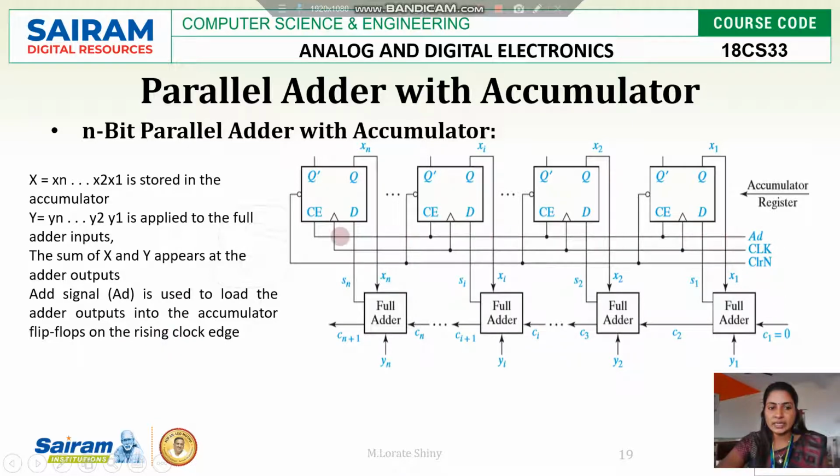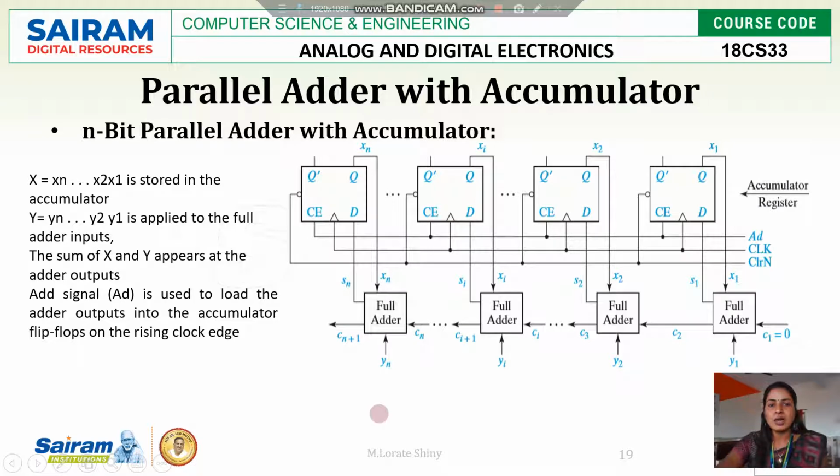When the add signal is activated, the adder output will be loaded into the accumulator register. The added outputs are S1, S2, S3, Sn. These will be loaded to the inputs of the D flip-flops, and transferred to X1 to Xn. That happens when the add signal is activated.